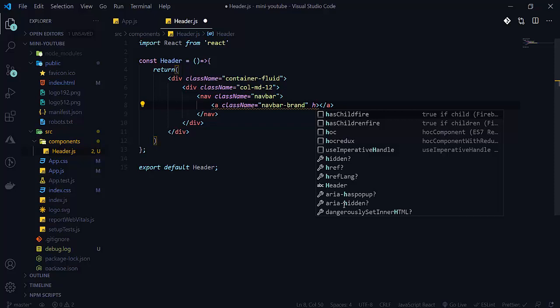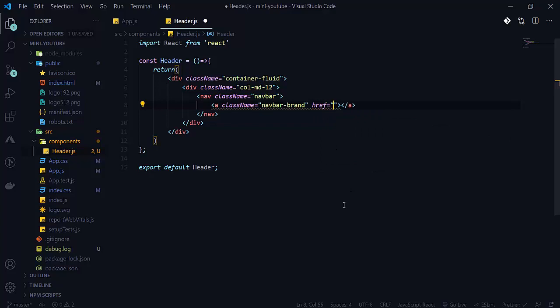You can also create the interface yourself. My main focus is how you can embed the main functionality of this website. If I take time to make an interface, the video will be very long and this project will take so much time. So that's why the class name here is navbar-brand.